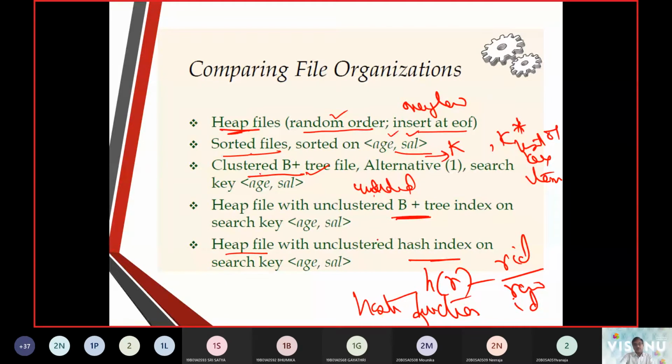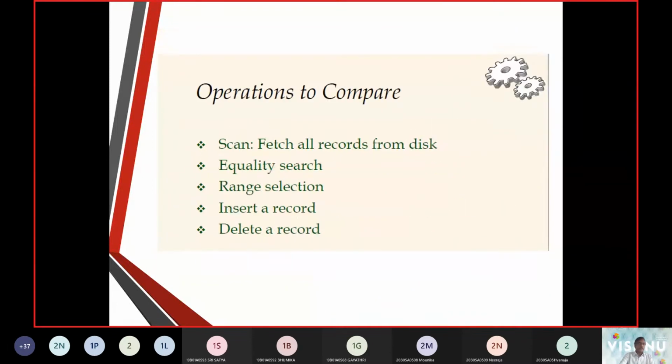All these are different ways of file organization, and these file organizations need to be compared with one another to assess which is going to be the best. A scan reads the records from the disk.